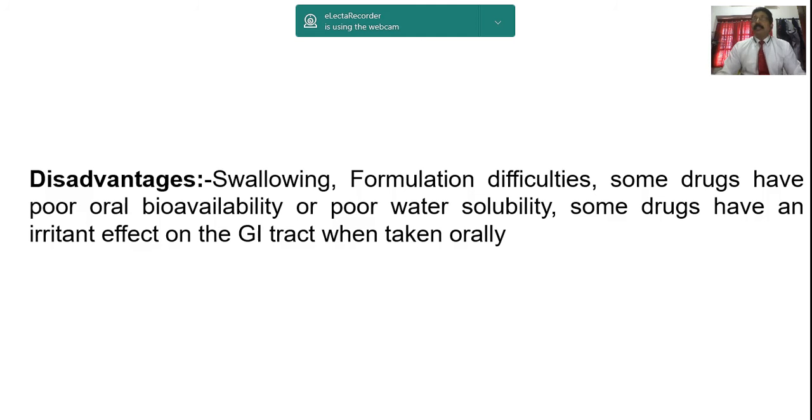This is a difficulty. And the next one, some drugs have poor bioavailability. Here the student should understand what this poor bioavailability is. You might have studied bioavailability in your pharmacology very clearly. The minimum effective concentration is needed in the blood level for the therapeutic effect. So bioavailability of the drug is very important. So what do we mean by poor bioavailability in the oral dosage form, the tablet? You should know how it has the impact.